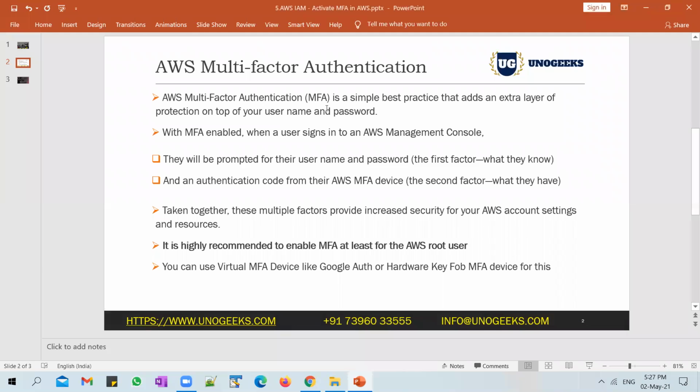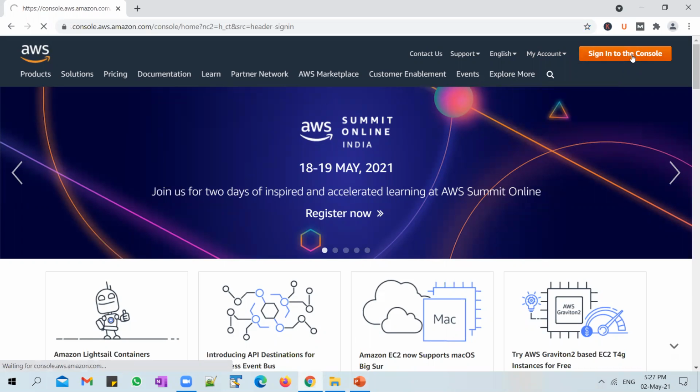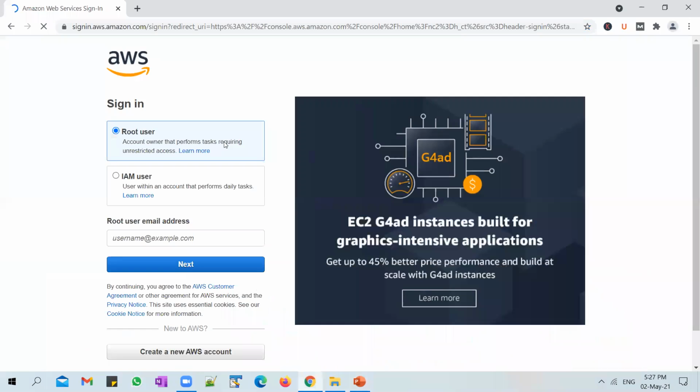If we don't have MFA enabled, I can directly sign into the AWS console. I can sign in as a root user or as an IAM user by just typing in the username and a password. I'll show you what I'm talking about. If I sign into an AWS account which does not have MFA enabled, and if for whatever reason the password is leaked, anybody could get into your AWS account. So your account is no longer secure if you just use your username and password to log in.